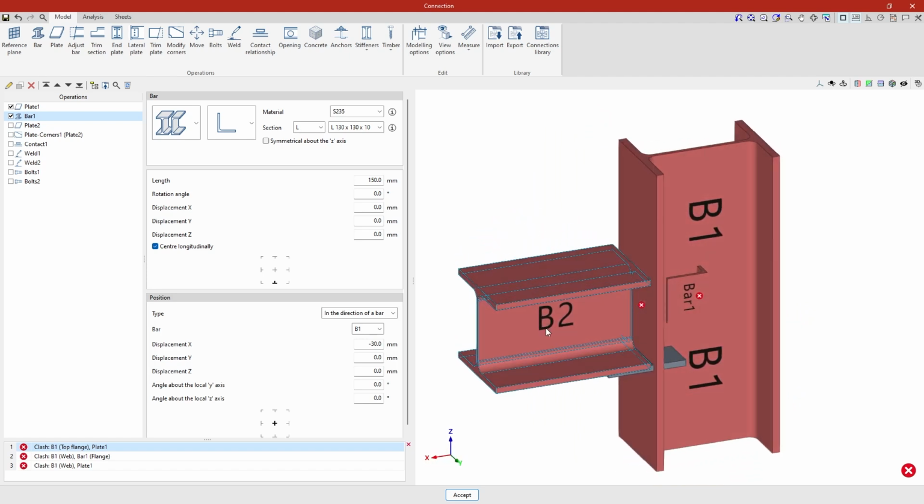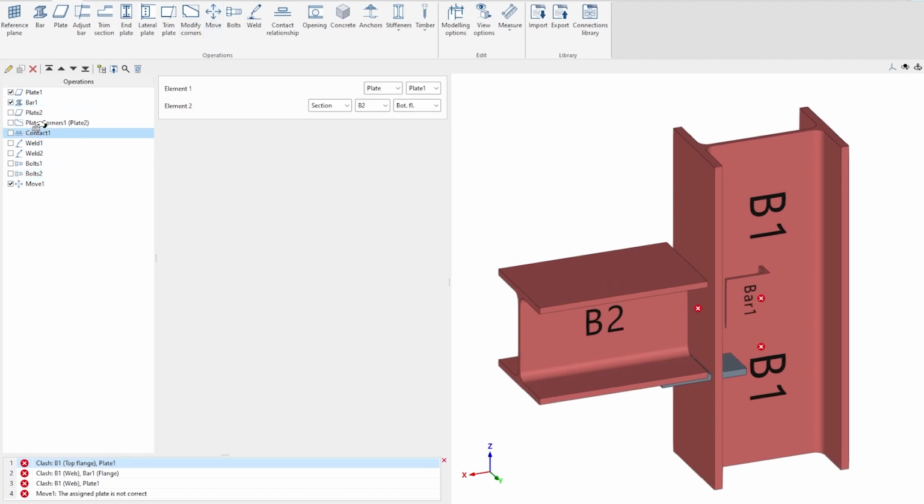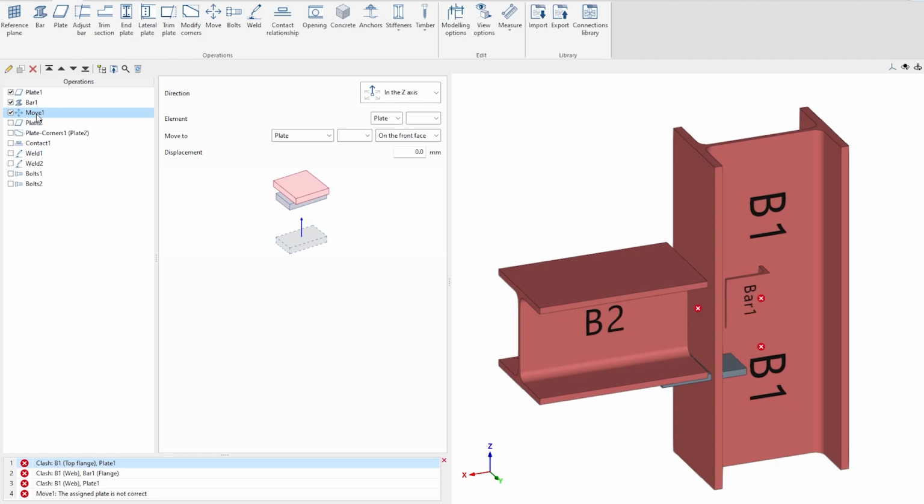To do this, we click on the Move option in the top toolbar. First, we determine the direction of movement of the element along its axes, either in the Z-axis or in the XY plane. Here, we select in the XY plane. We then select the element to be moved, in this case, the plate mentioned earlier. We must also indicate the edge that we wish to take as a reference in the movement. It can be the closest or the furthest, which the program identifies automatically, or the one we specify ourselves. Here, we will select the closest.